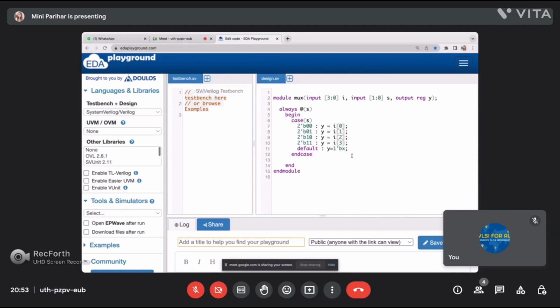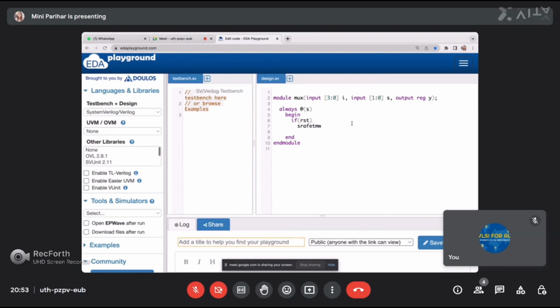If we go for the if-else condition, I have written something like if reset or some statement there, and if I do not use the else statement, then if the opposite of this condition occurs, something else will be the condition.